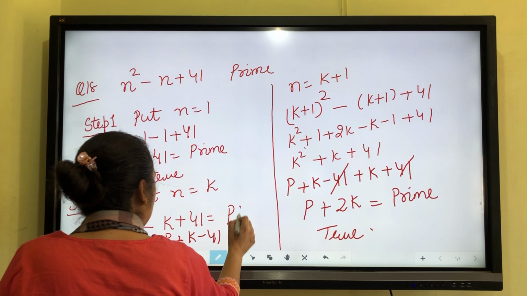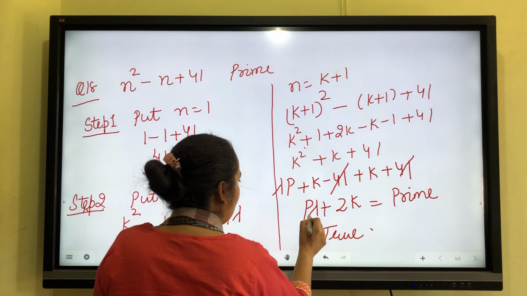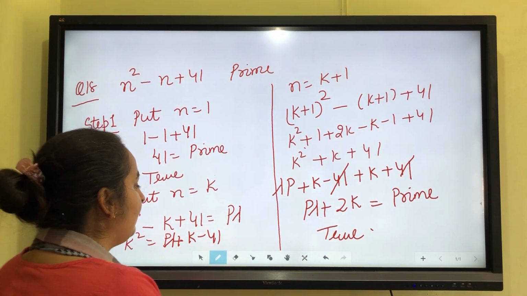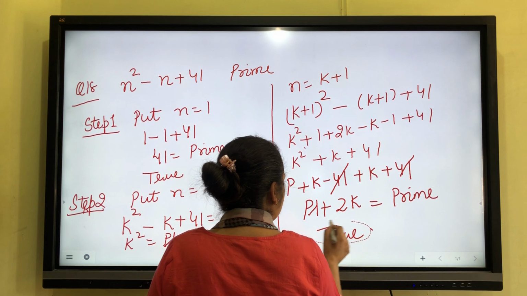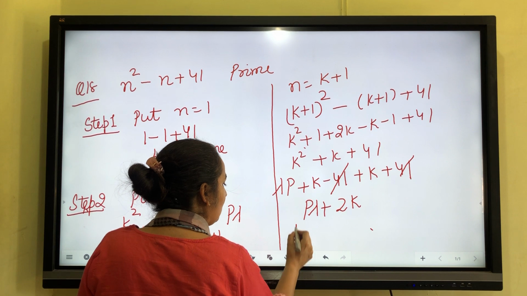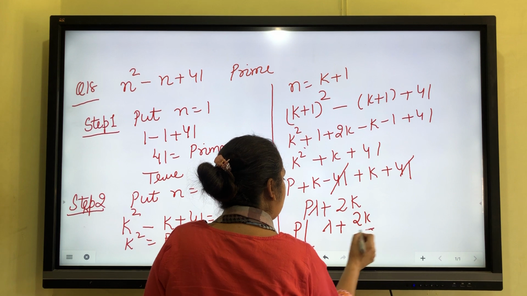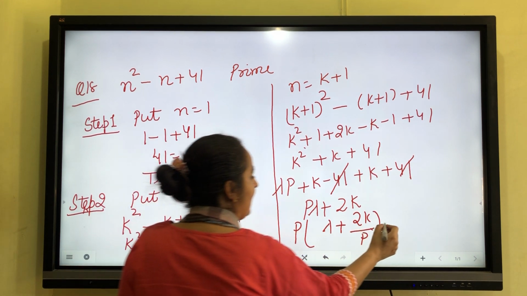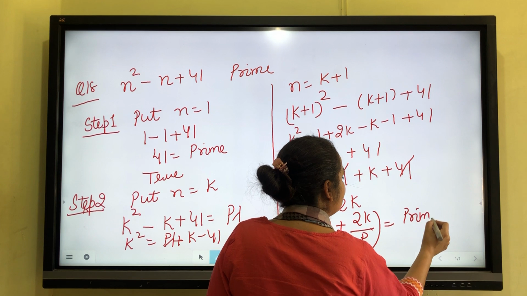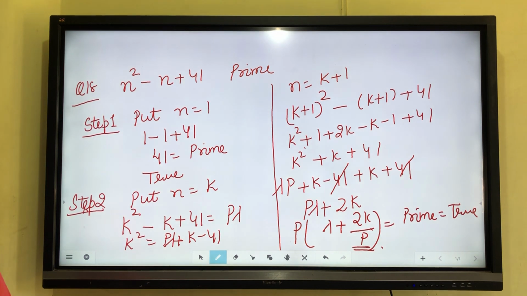If you are using lambda here, there is no problem. I am again using lambda here. If you want the result in the form of a prime with lambda number, I told you that if there is a given condition with lambda, do not take that number common. Lambda is any constant, 2k upon prime number. Prime multiplied by any number is equal to prime, the result is true because there is a prime number. So the result always comes out to be the prime number. This is the method to solve the mathematical induction.